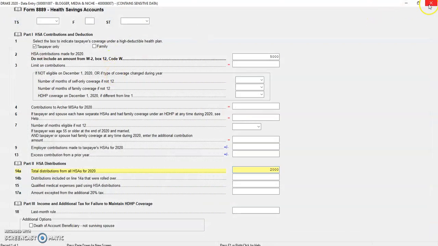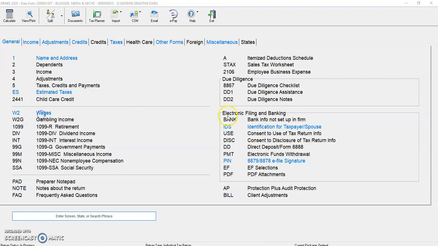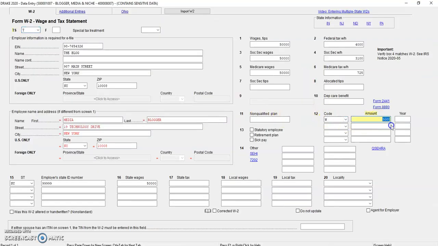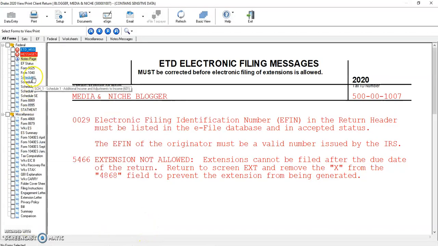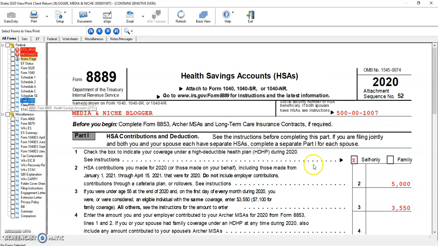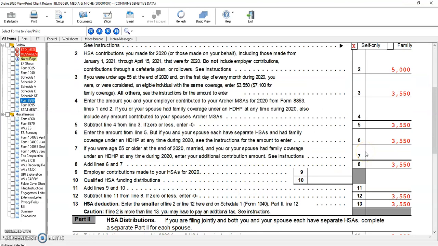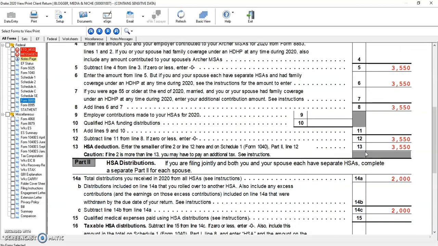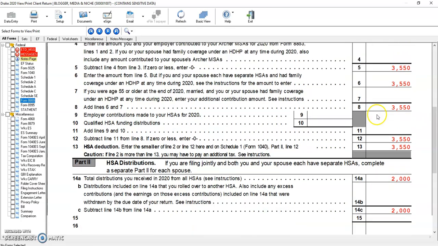Okay, just quickly going to here. Now you can see some difference has come in this form.